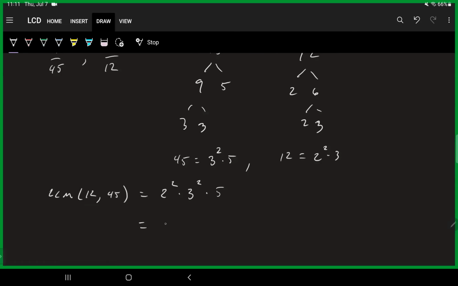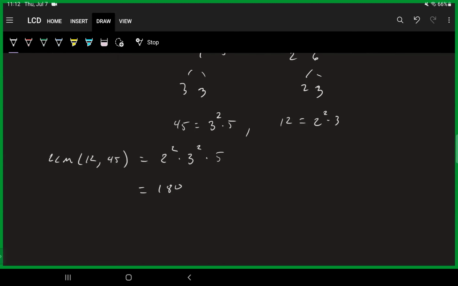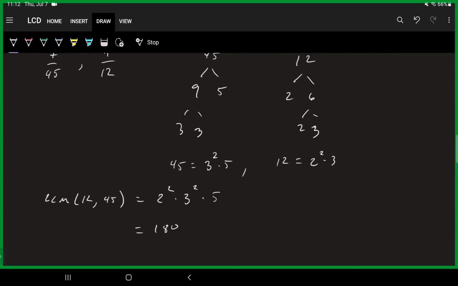And so it's going to be 36 times 5. 36 times 5 is 150. I'm going to double check that. Let's see. Nope. 180. There we go. And yes, we all make mistakes, and it's good to make sure you check. All right, so I have the least common multiple is 180.